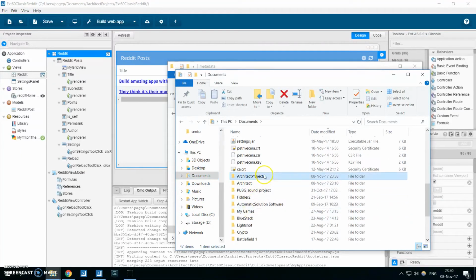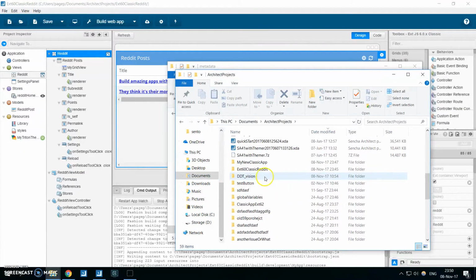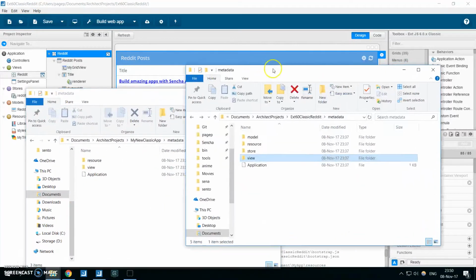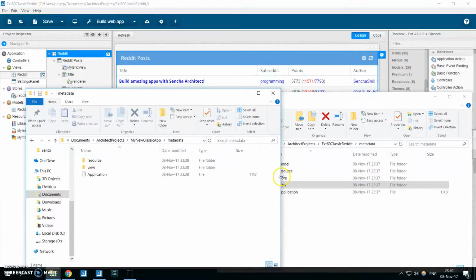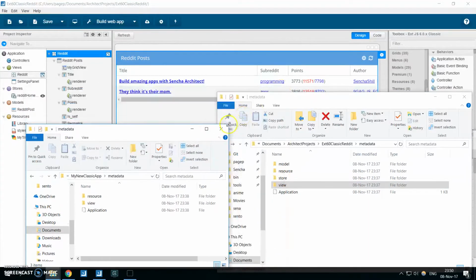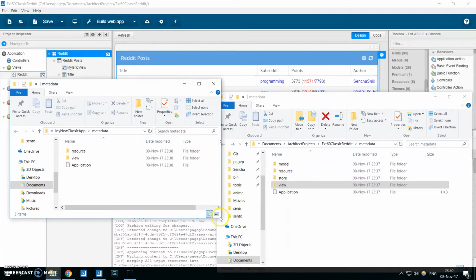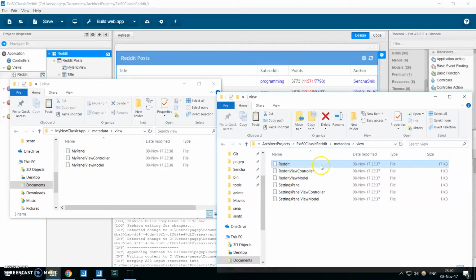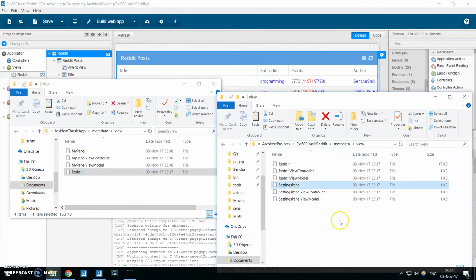Quickly, Architect projects. Let me look at the new project. It's in here. Metadata. As you can see, I don't have any stores or anything in this particular project. So yeah, let's just copy all the stores, all the models, and from the view, let me copy the Reddit view and settings